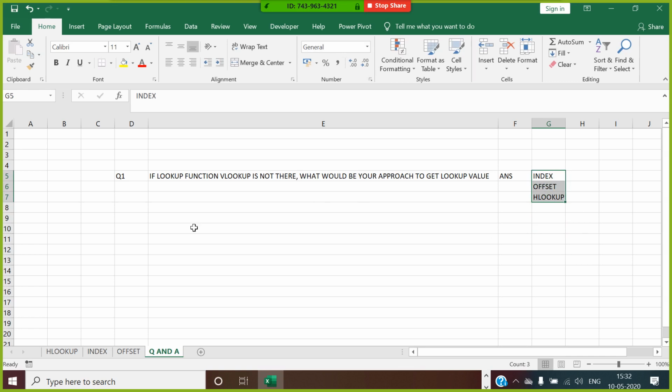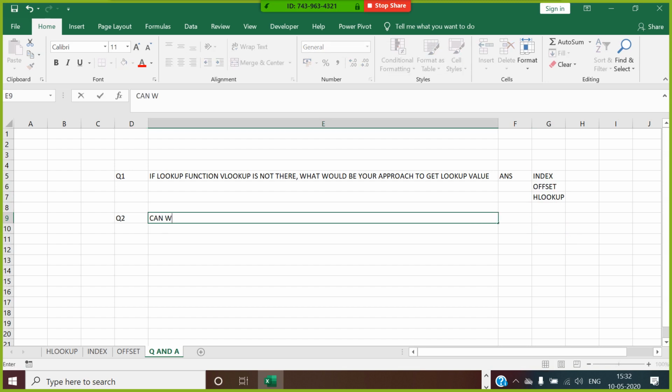Now, Q2. Can we use index, offset, and HLOOKUP for designing a data model?